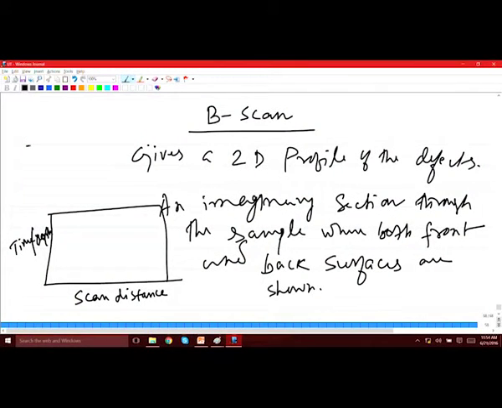So, let us say if you have a sample like this, and you have 2 defects at 2 different depths, and now you have taken this probe and you are moving the probe on the surface. So, the moment it goes over these defects, then you will see them coming in this display at that particular depth like this. Okay. Because as I said, this is an imaginary section through the sample where you can see the depth, where you can see both the front face and the back face. Okay. So, these will come as fluorescent points on a phosphor screen,